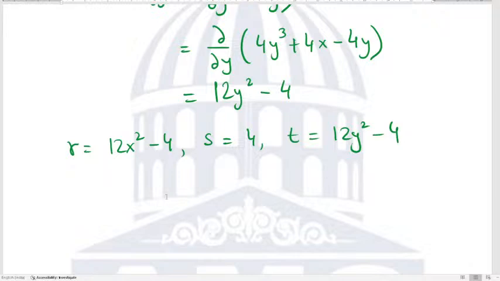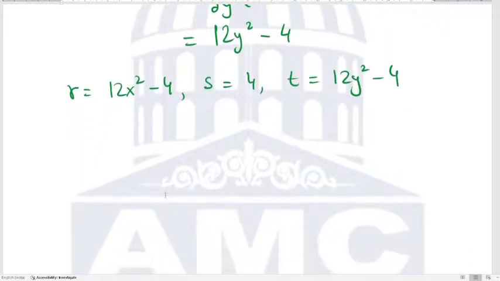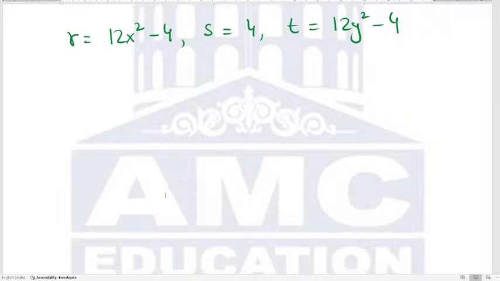Now what we'll do is that at each of the extreme values, extreme points, we will find out the value of r, s and t, and the aim is to find out whether our point is a maximum or minimum or saddle point, or whether more tests are required. So the first column,